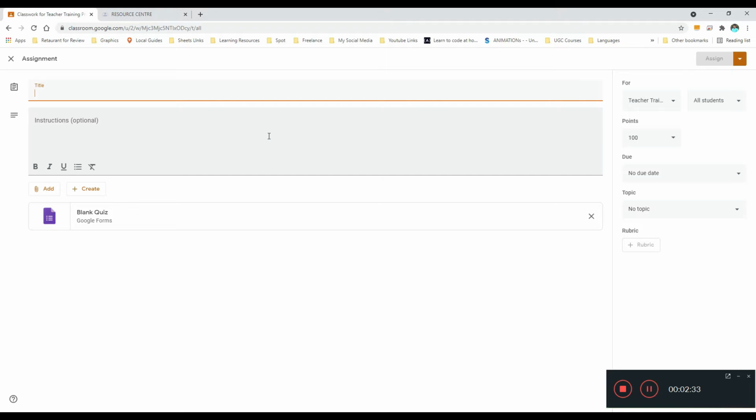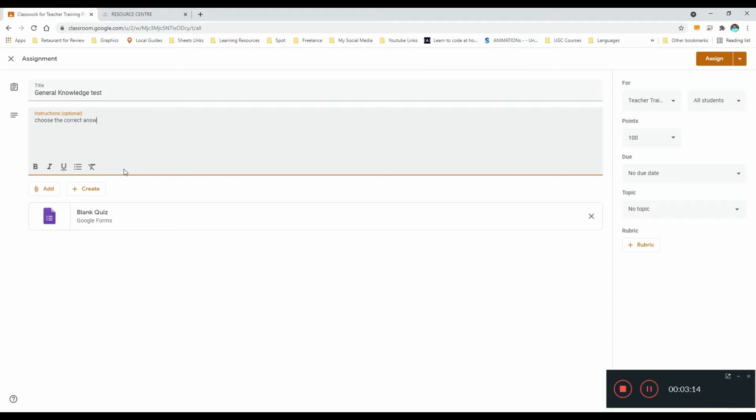If you are using a tablet or mobile phone, maybe that form will not be added, but if you are using a laptop, that form is included here. Okay, now the title section. I am going to give a title for that: General Knowledge Test. For the instruction, you can instruct them to choose the correct answer.